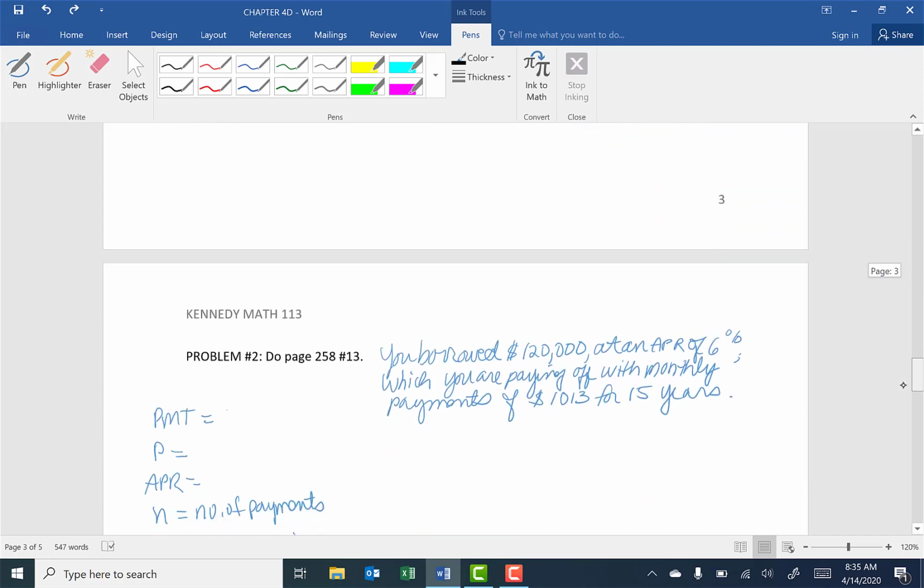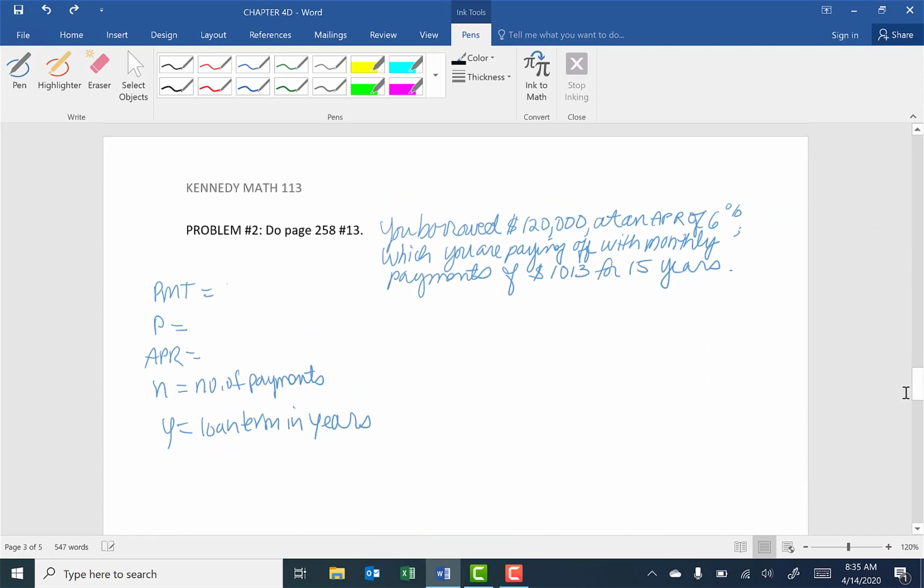And then we jumped around a little bit, and I wanted to go to page 258, problem number 13 in your book. And the problem states the following. You borrowed $120,000 at an APR of 6%, which you are paying off with monthly payments of $1,013 for 15 years. And the question that we're supposed to answer are, A, identify the amount borrowed, the annual interest rate, the number of payments per year, the loan term, and the payment amount. So we're supposed to fill in